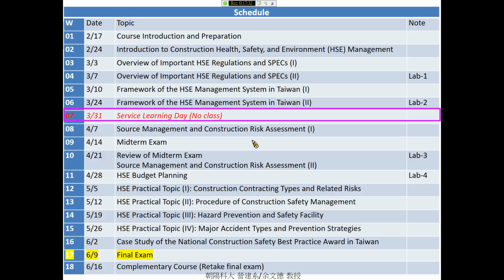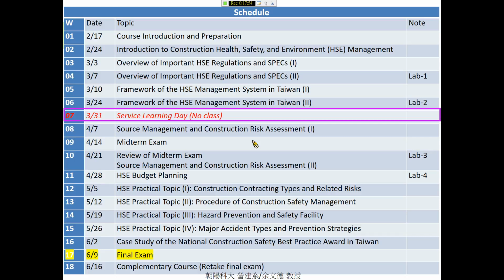Okay, and then we will move to regulation and laws. I think, based on the material I have collected, it will take 2 weeks to finish the HSE regulation and laws.